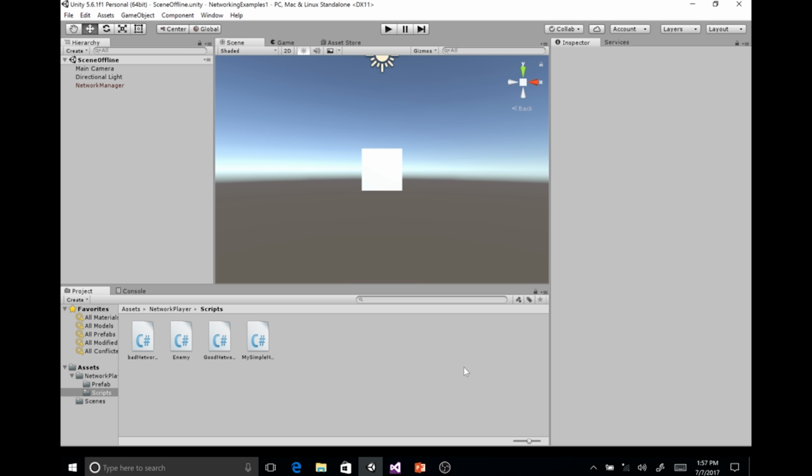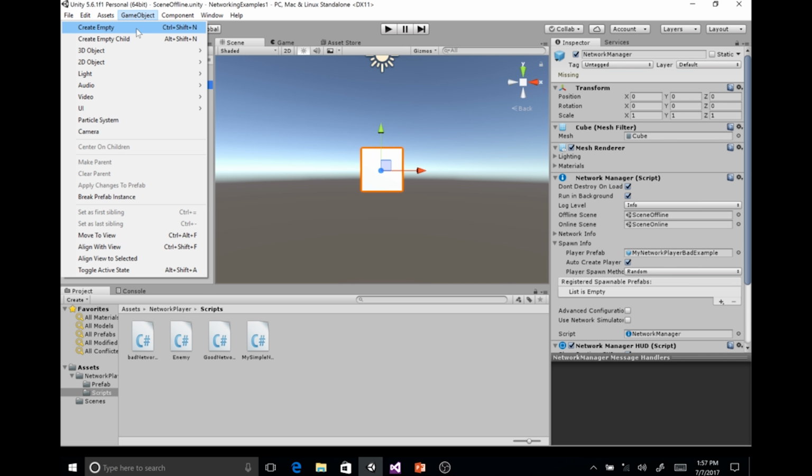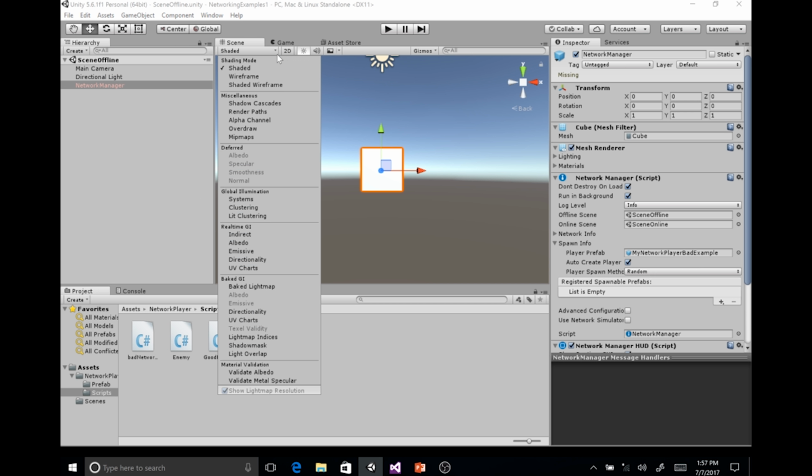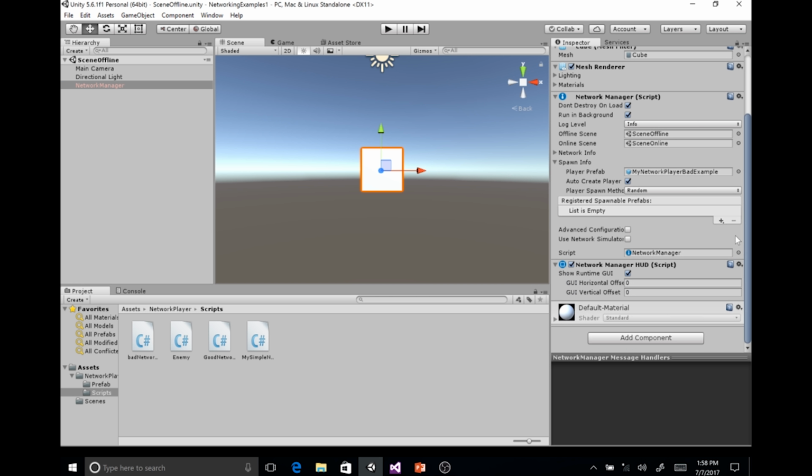Starting out, we're going to make an empty game object. I made mine a cube, but you could just make it an empty game object. It doesn't have to be a cube. So create empty if you wanted to, and this will be the basic scene. I'll have some extra stuff that you won't. And what we're going to do is go over here, and we're going to add a network manager. So if I go to add component, network,